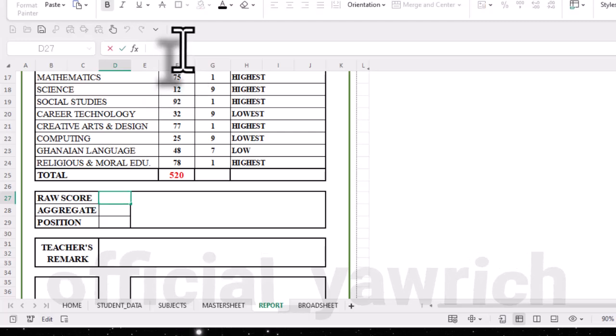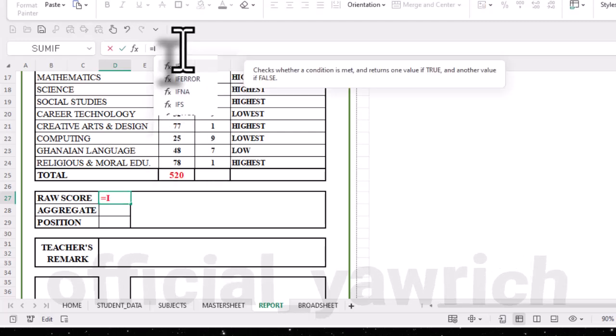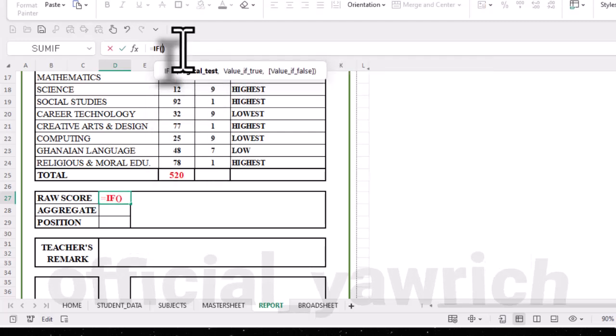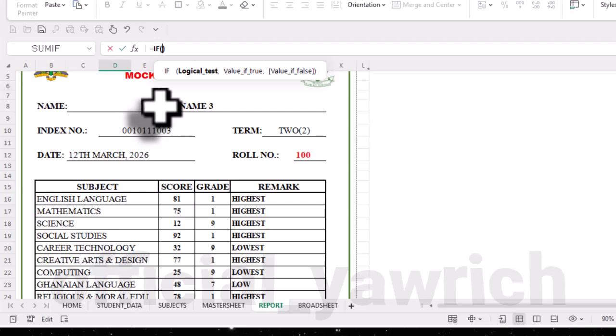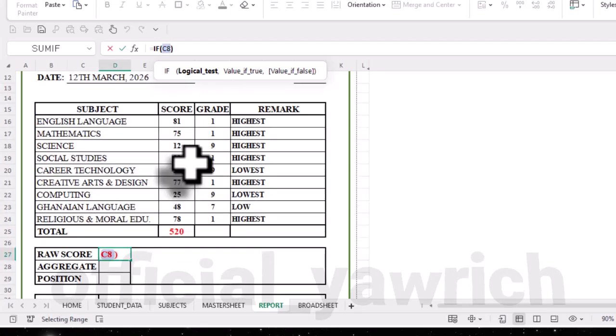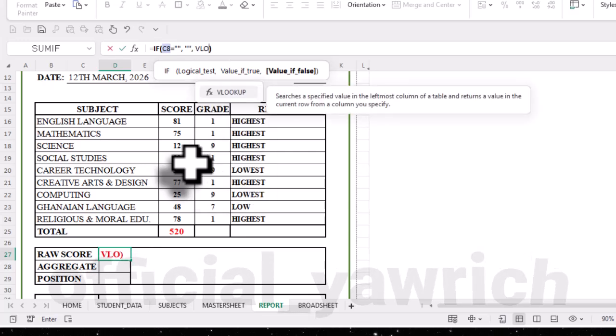So equal to, you remember, IF, bracket open, then IF C8 is equal to blank, comma, let it be blank, comma,